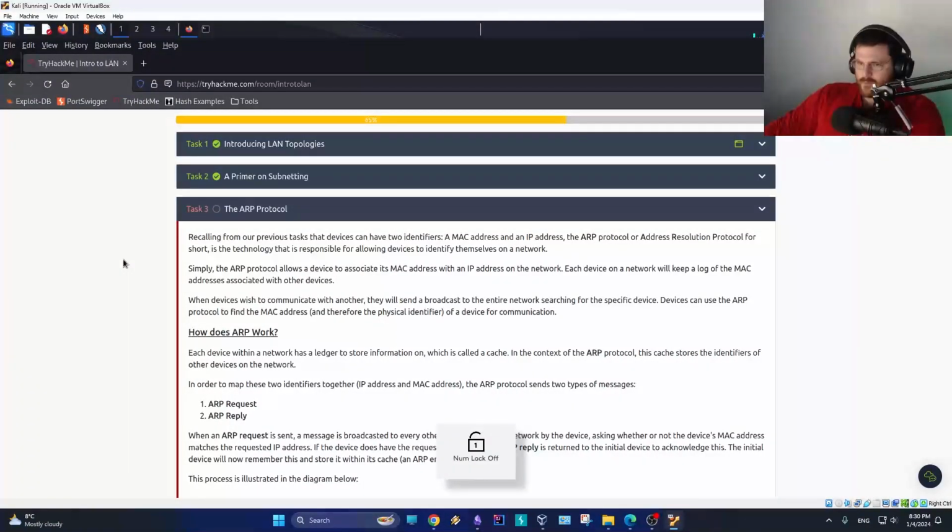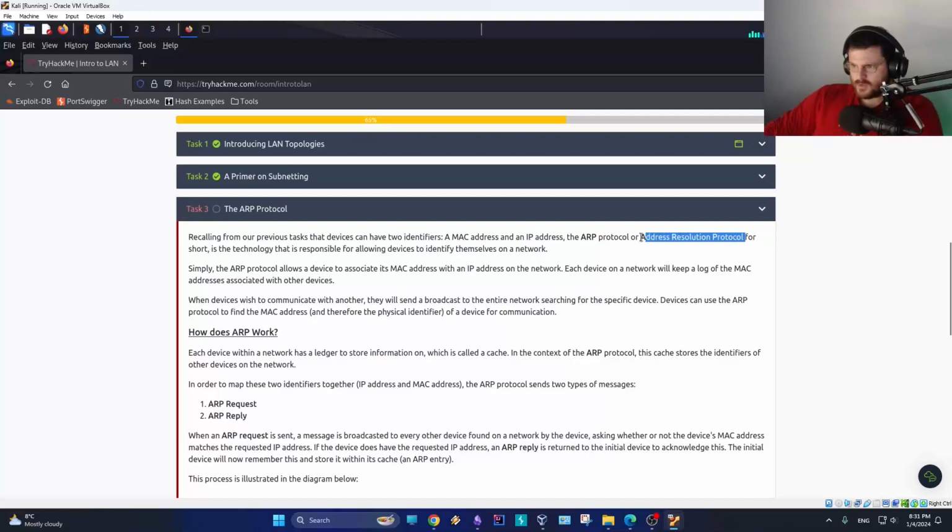The ARP protocol. Recalling from our previous task that devices can have two identifiers, a MAC address and an IP address. The ARP protocol, or Address Resolution Protocol for short, I think we will need this, so I will just copy it from here,